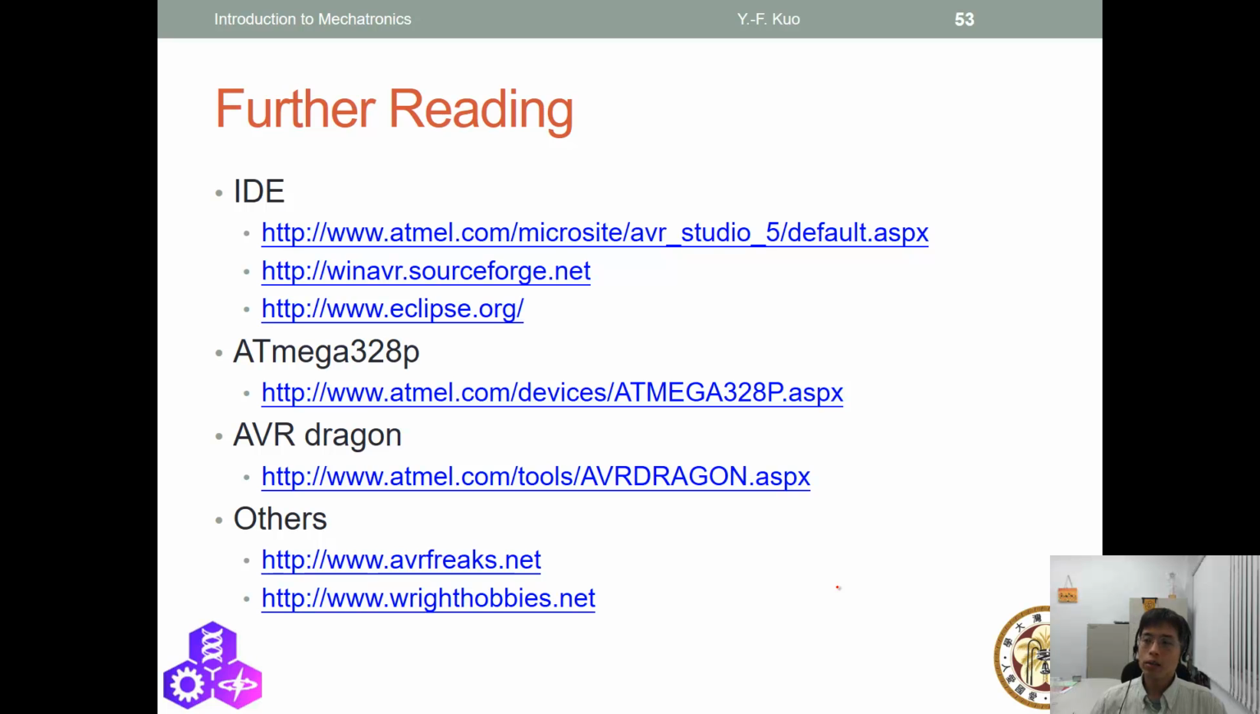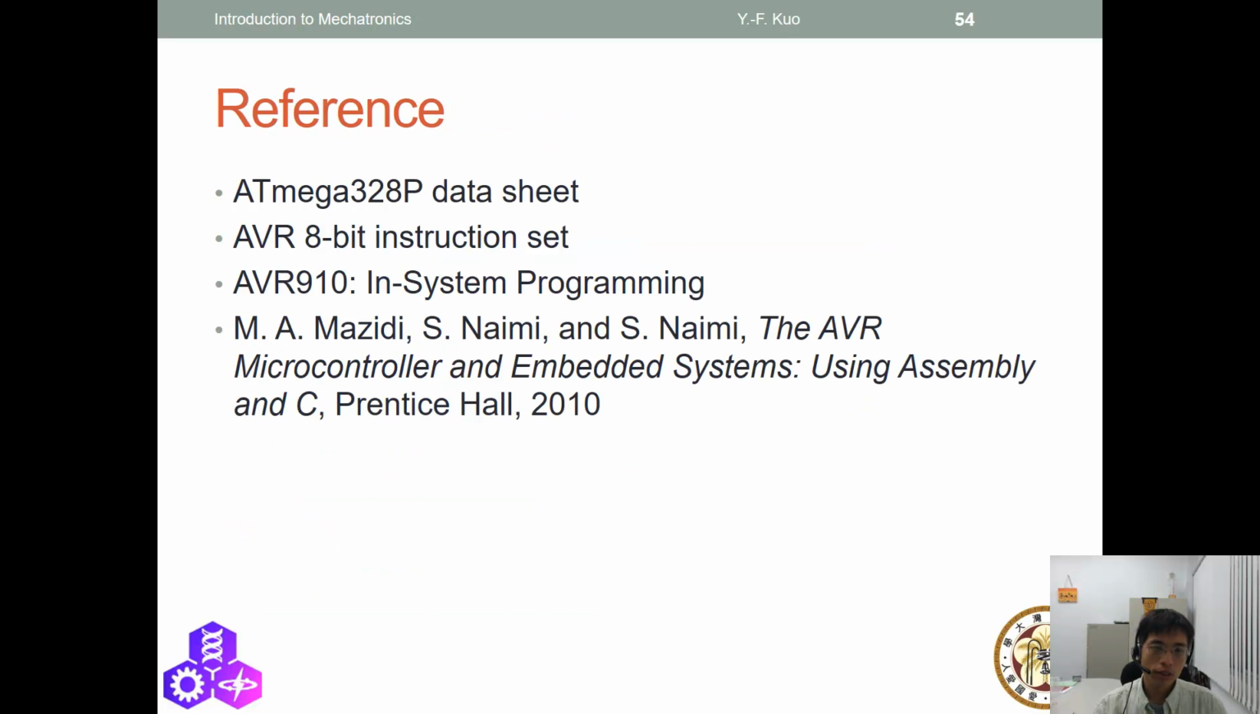And on slide number 53, you can see the further readings, like how the Arduino works. And if you are interested in the ATmega328P, you can check its website. And for more information, you can check some other websites. Those are for your reference. So also, if you are interested in the AVR or ATmega328P microcontroller or Arduino, either check their website or